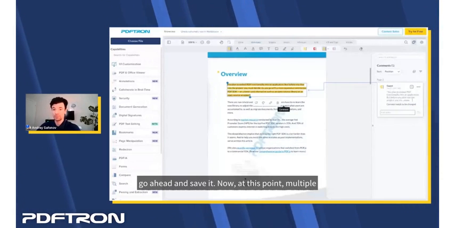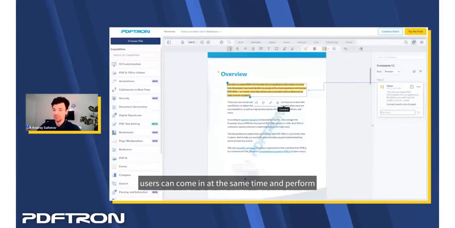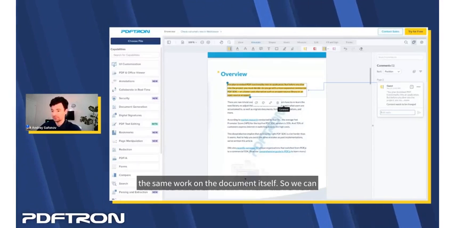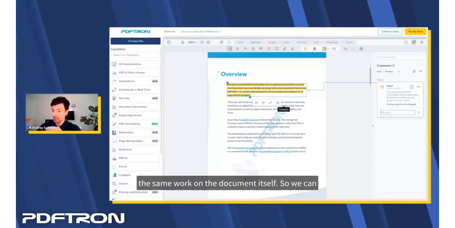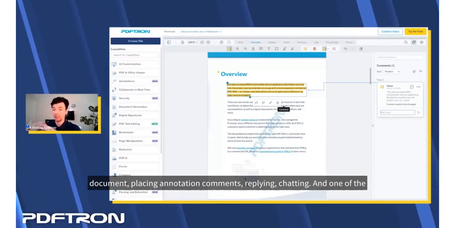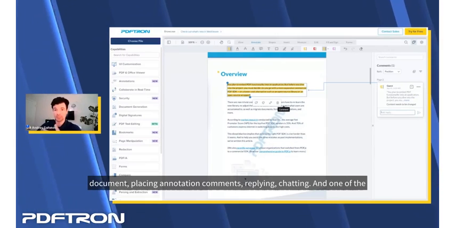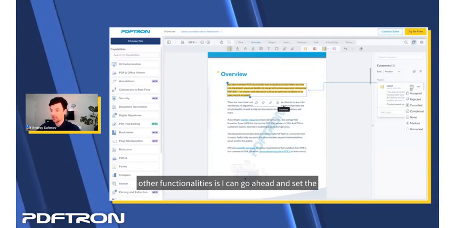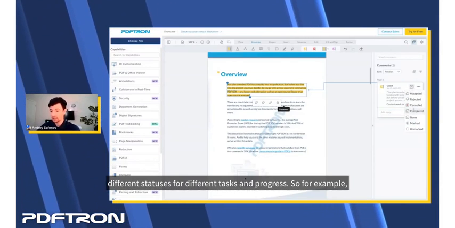Now, at this point, multiple users can come in at the same time and perform the same work on the document itself. So we can have multiple users in real time collaborating on the same document, placing annotations, comments, replying, chatting. And one of the other functionalities is I can go ahead and set different statuses for different tasks